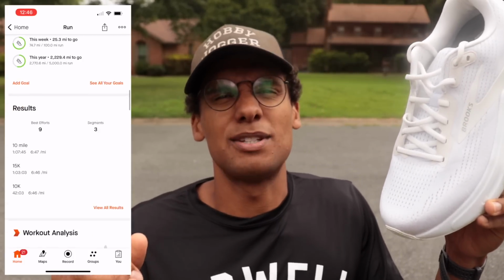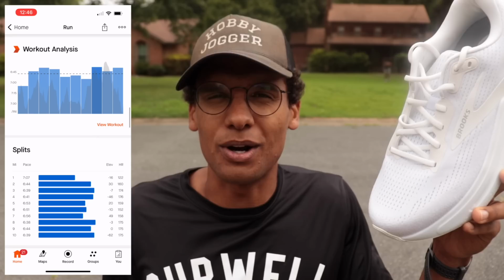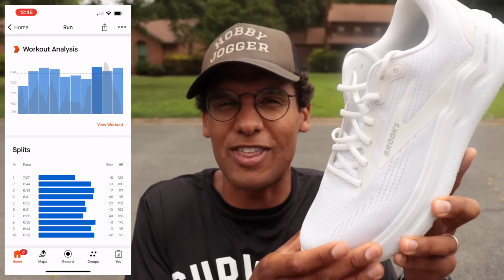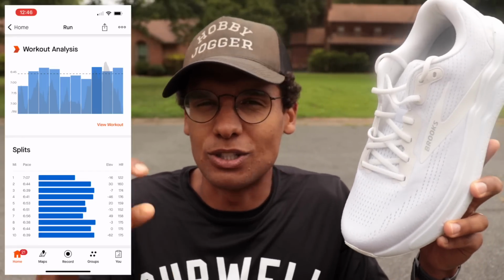But this was the run from this morning. We were out here just, I'm not even gonna say putting in the work, because we were putting in the work, but it was fun, it was smooth, this shoe is great for that. It's a workhorse shoe that has a little bit more fun to it. So when I did the Brooks